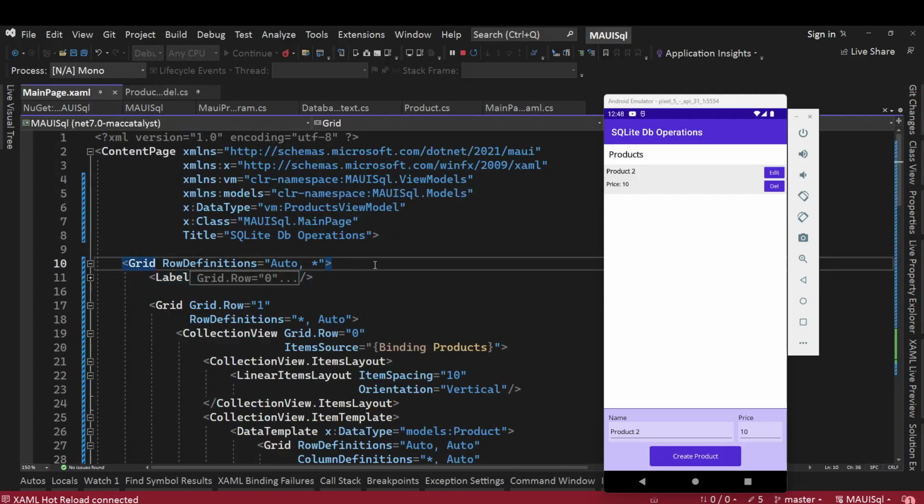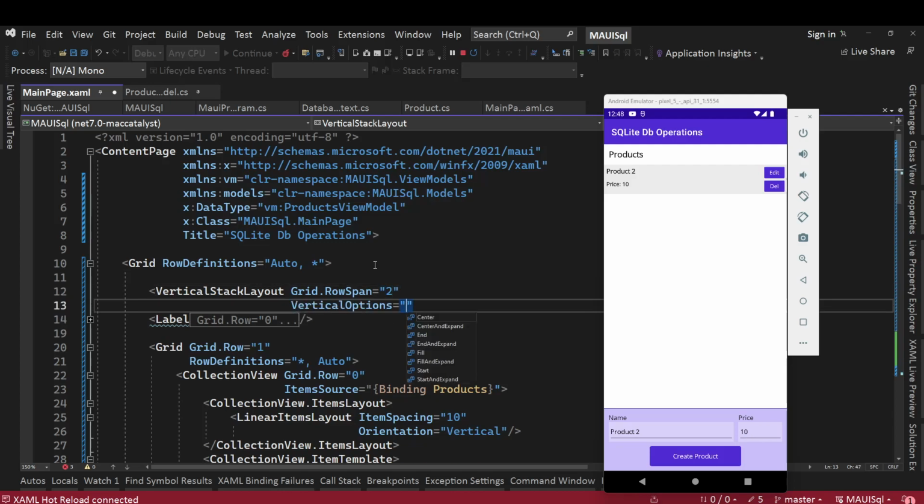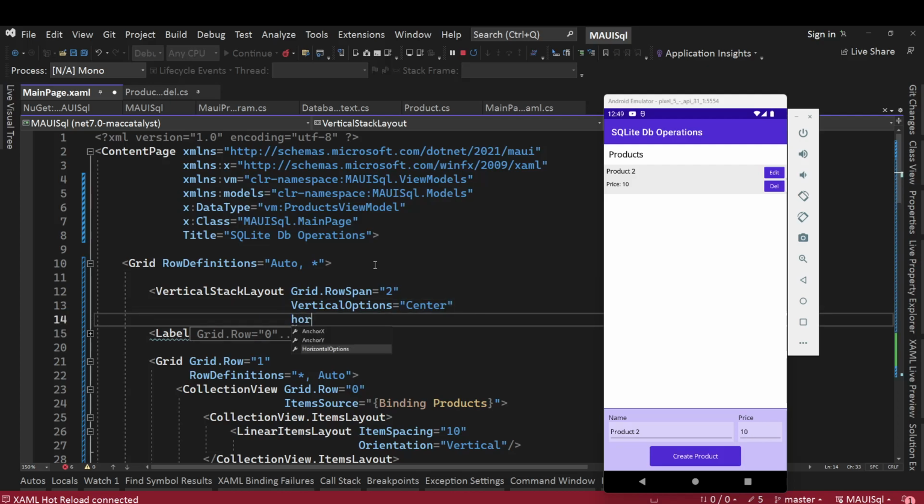So in this, the main root grid, we will add, let's say a vertical stack layout, and we'll use both of these two rows, grid.row span 2, and let's move it to center, vertical options center and horizontal options as center,